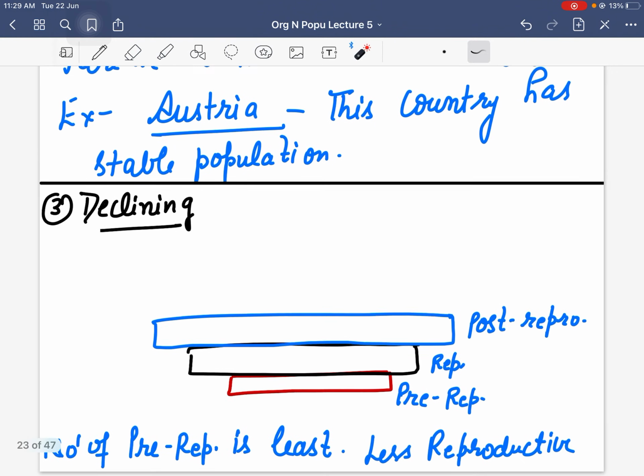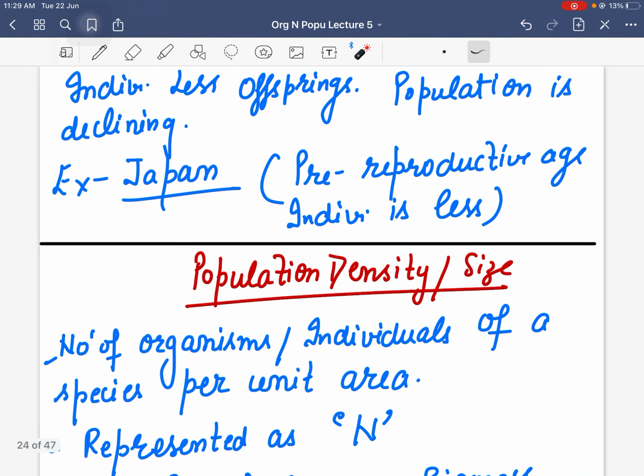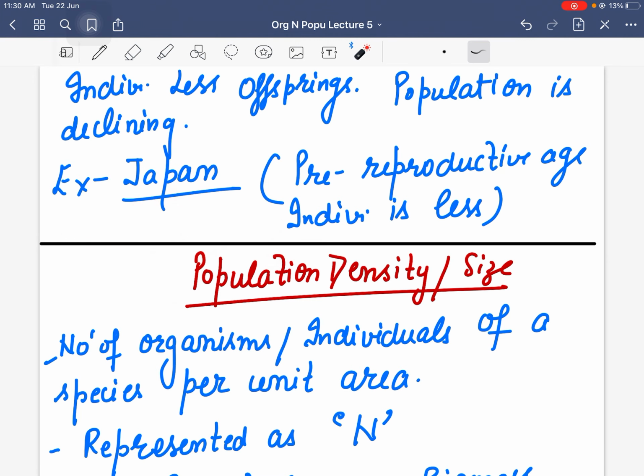So these three age groups define three types of age pyramid or three types of population: expanding, when the pre-reproductive number is more; stable, when the number is constant in the three age groups; and declining, where the number of post-reproductive individuals is more. Next, I will take you through population density as well as